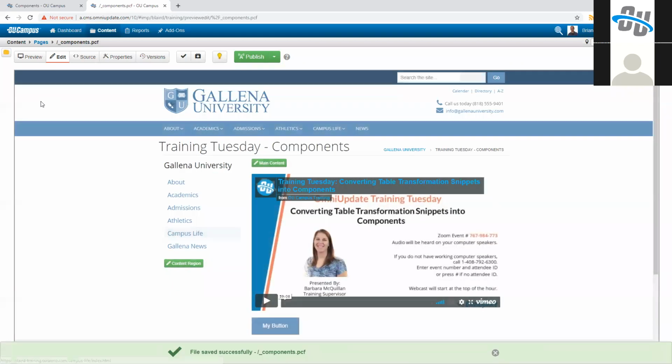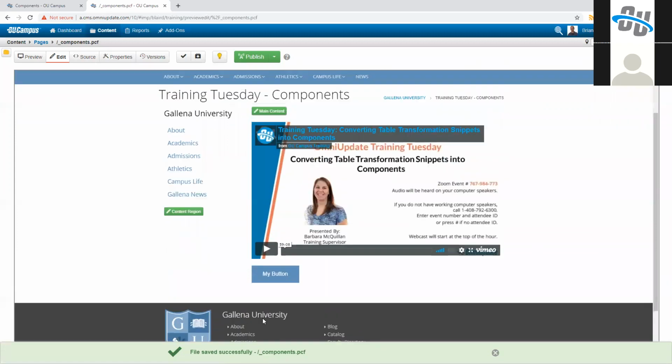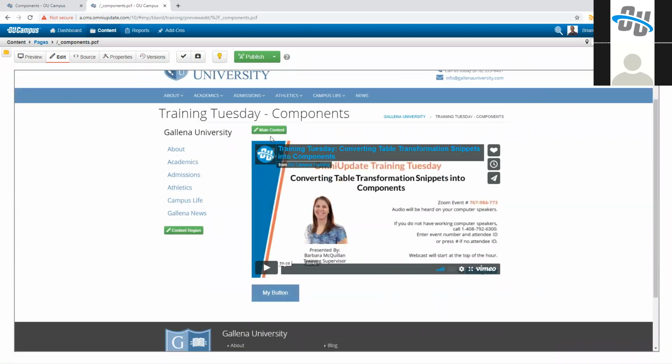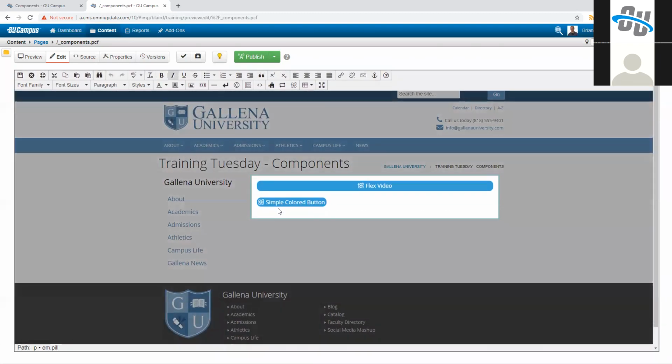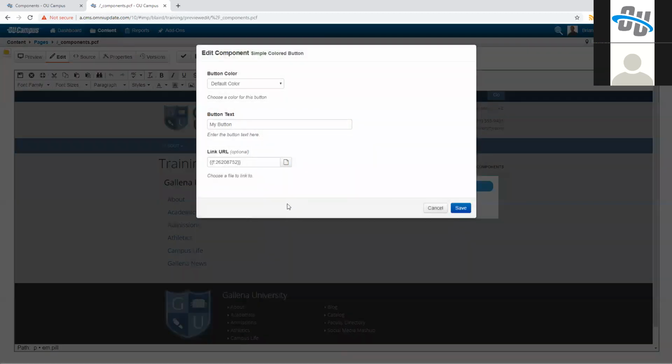If I hit save, you can see, yay, I see a great color here, a different button. It's the default color, it's exactly what I wanted to see. But maybe I thought, oh, I wanted this to be green. So I can go into my component, I click on the component, I get this little pencil so I can edit the existing component. Again, I can look at it here. If I change this to green,